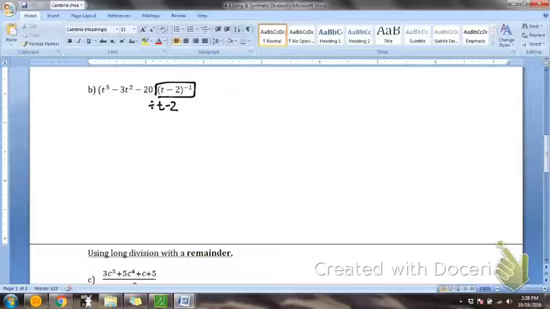Okay, so let's go ahead and set this up. We know that t minus 2 is going to go on the outside. Are we missing any terms? What are we missing? 4, 3. We're missing a t to the 4th. Do you guys see that? And a t to the 3rd. So if we're missing it, we're going to put 0 in for it, because we have to have a placeholder. So I have t to the 5th, plus 0 t to the 4th, plus 0 t cubed,